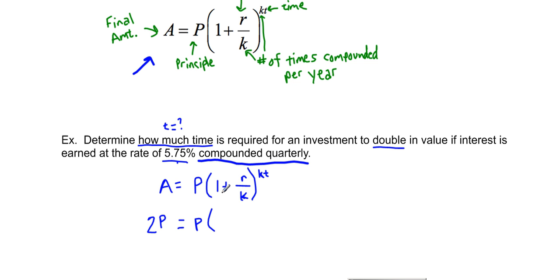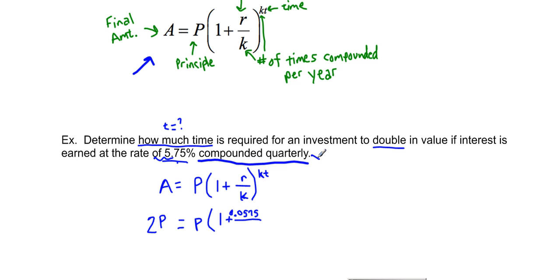So when we solve for t, this is actually going to work for any principal that was put in. Okay, we got P times 1 plus, and then our rate is 5.75. We want to make that a decimal, so move that decimal to the left 2 units. So we've got 0.0575. Don't forget that 0 is a placeholder,